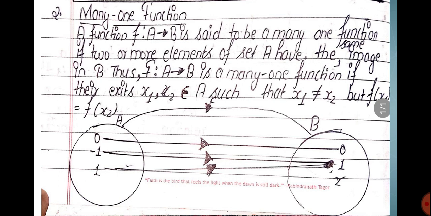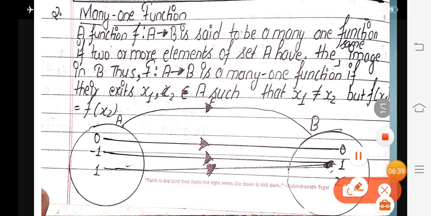Here in the figure you can see that these two elements -1 and 1 are having the same image, meaning different elements of set A are not having different images. In other words, if a function is not one-one, then it is called many-one. Now come to the next.